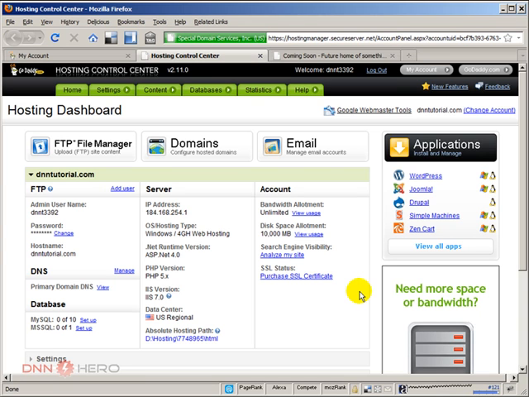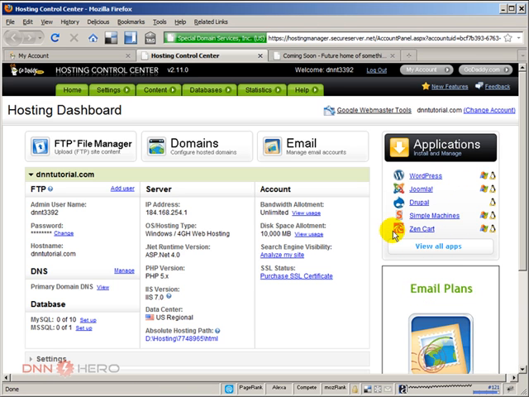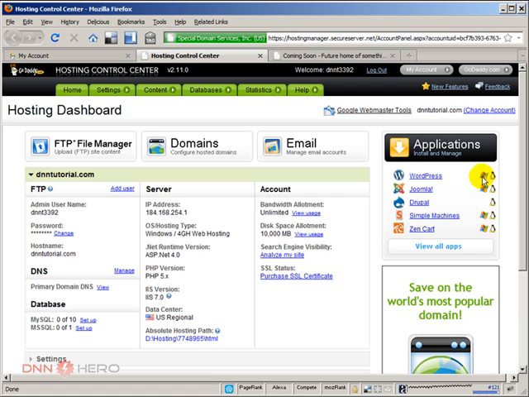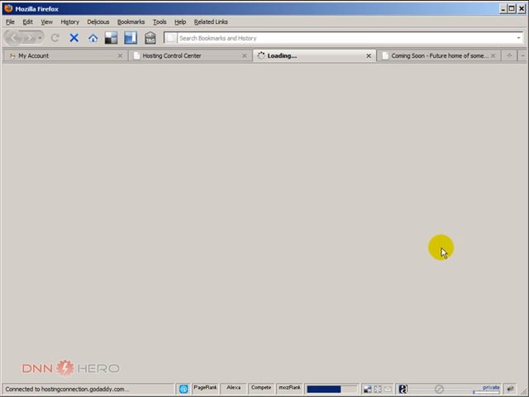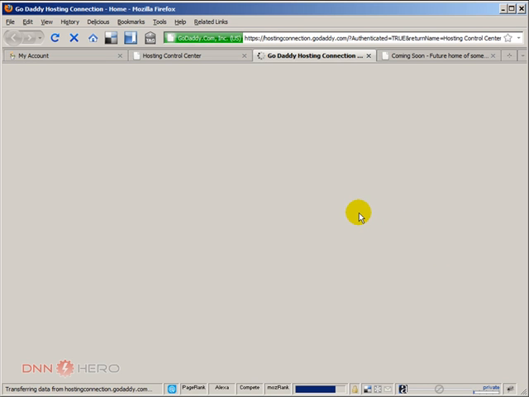So to do that, very simple. We just go under Applications, Install and Manage. Unfortunately, DotNetNuke is not present here by default. Maybe DotNetNuke Corp could do something about that and contact Godaddy and make sure that they have an icon here for DotNetNuke. But anyway, we have to click on View All Apps, and when we do that, we get redirected